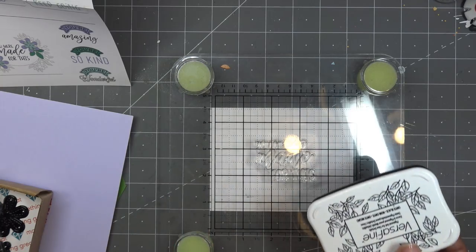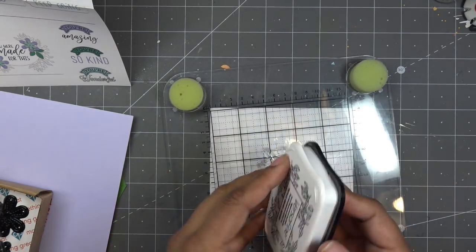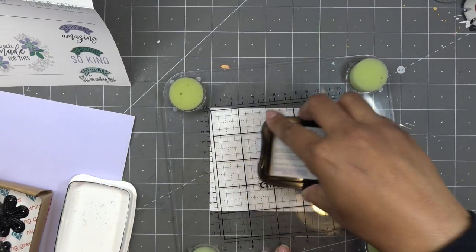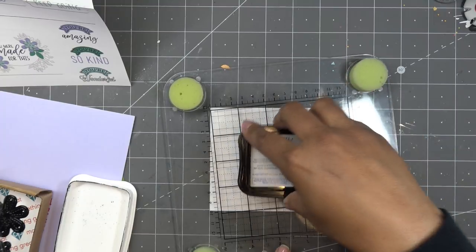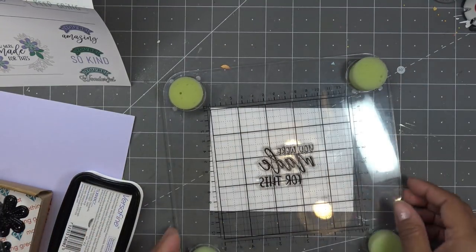VersaFine ink because I like that. Memento ink stamps really well with words. And I'm just doing it in black, but you know, whatever color you would like. But yeah, so if you can get yourself some sketches, or even online, find card sketches. Just look up card sketches. And you'll find